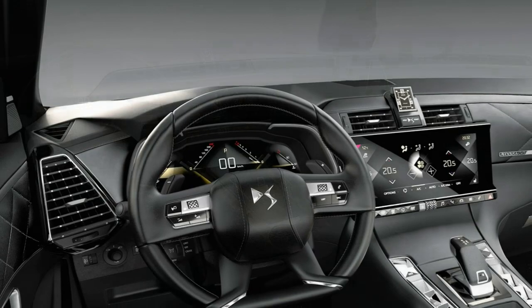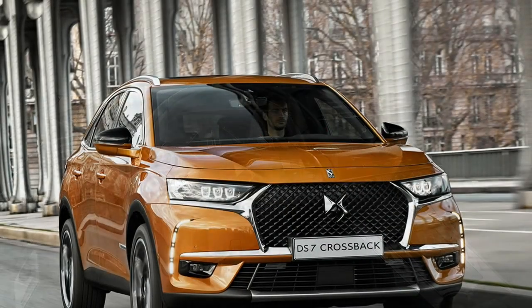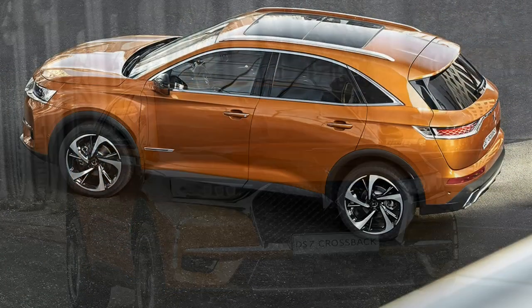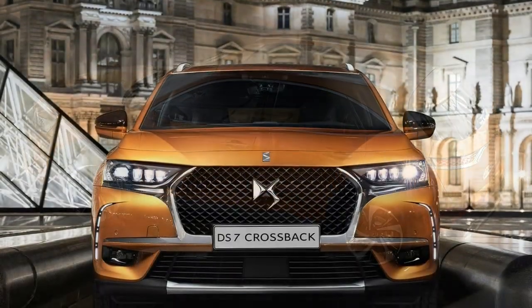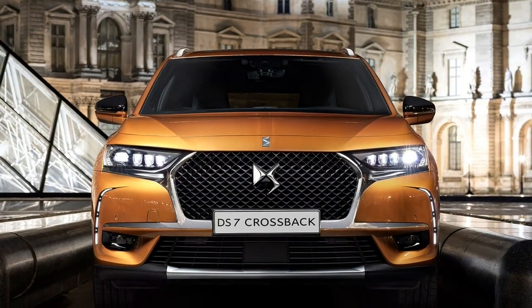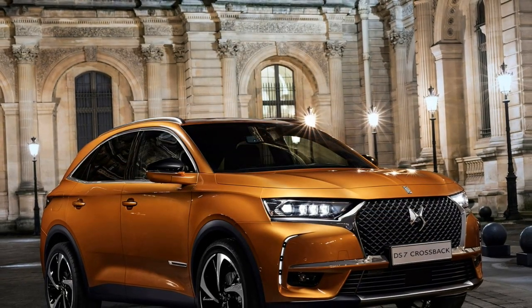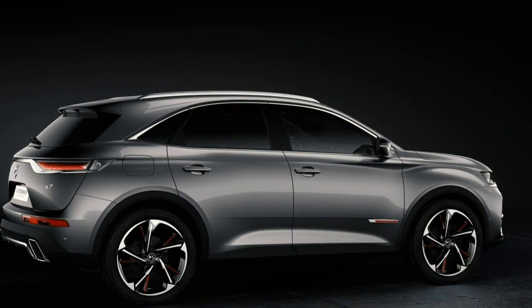Ultra Prestige models add the subsequent equipment: 20-inch diamond cut alloy wheels, remote tailgate opening with key and hands-free locking, electrochrome door mirrors, easy access pack, remote tailgate opening with key with loaded arm access, Art Black Basalt Nappa leather dashboard and door panels with pearl stitching,